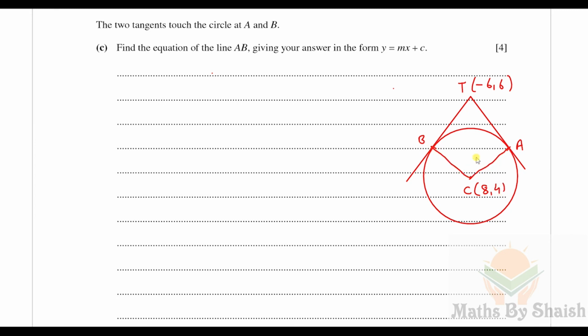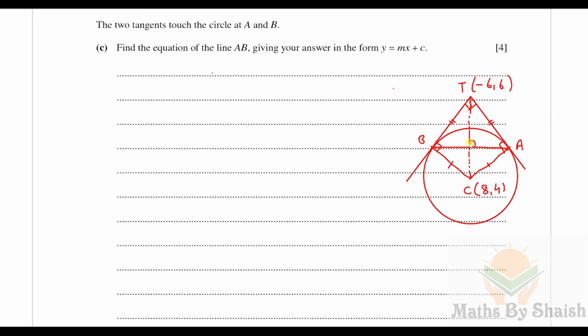And from the previous part also we have seen that this angle is going to be 90 degrees, because the angle between CT and this tangent was 45, so it would be 90 degrees. And if it is 90 degrees and these two are going to be the same and these two are going to be the same, it means it forms a kite. If it forms a kite, then these would be perpendicular to each other, and hence we'll find with the help of